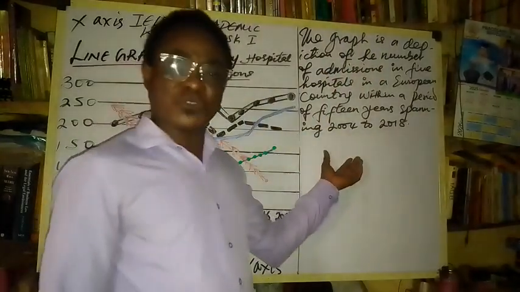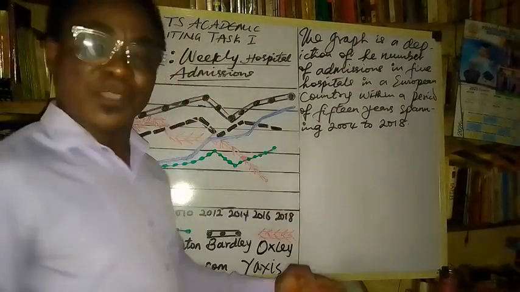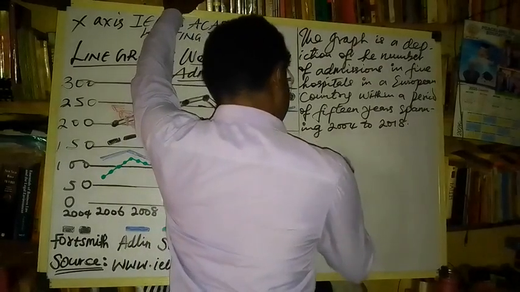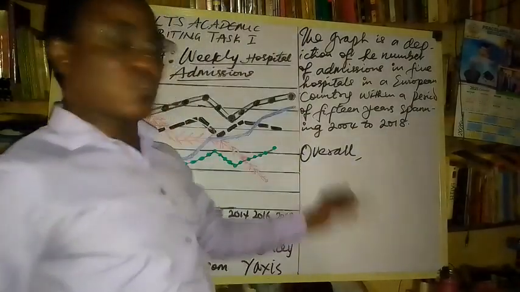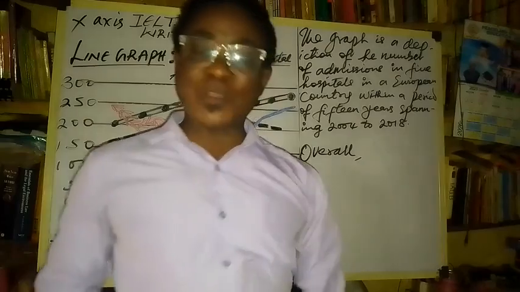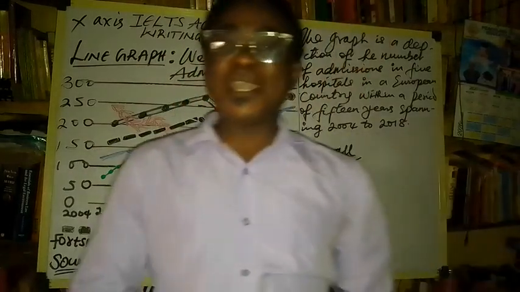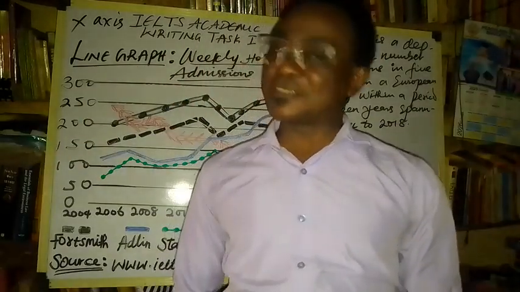Now, having written the intro, we will write the overall. We will begin with the word overall. As soon as you become familiar with the word overall, you can always use some other word that has a similar meaning. Overall,